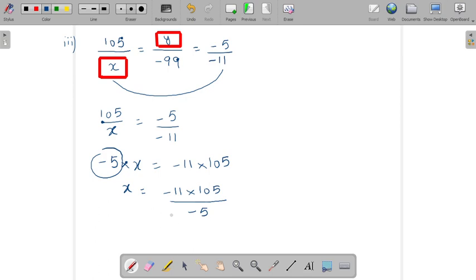So how will you solve it further? अब देखिए, as we have done it in the previous questions that the denominator should not be negative. So हम ये negative and negative we can cancel out or the other way multiply denominator with minus 1 and the numerator also with minus 1. अब हम क्या करेंगे? Cancel 5 and this, so it would be 21. Now you will get 11 multiply 21. So 11 multiply 21. So its answer is 231.